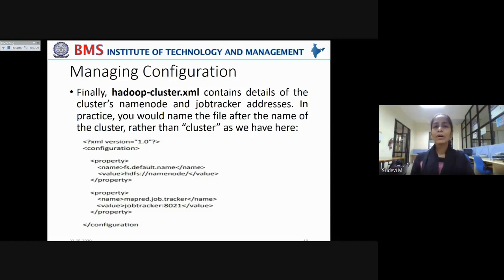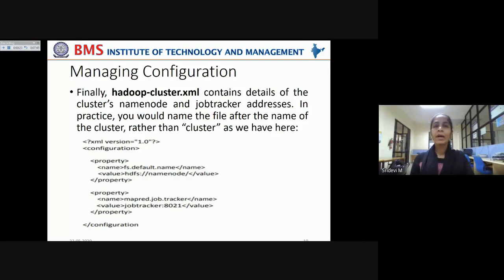Finally, the Hadoop-cluster.xml file contains details of the cluster's name node and job tracker addresses. Remember, a cluster can have multiple name nodes, because of the HDFS federation introduced by the Hadoop 2.x release.